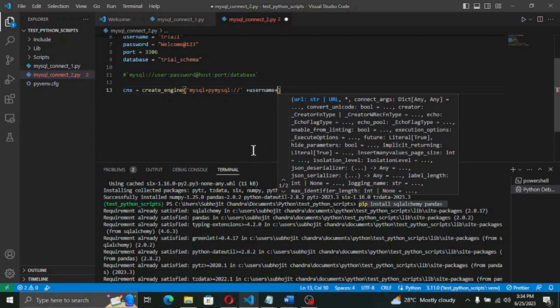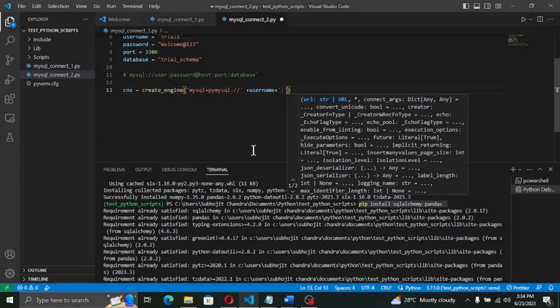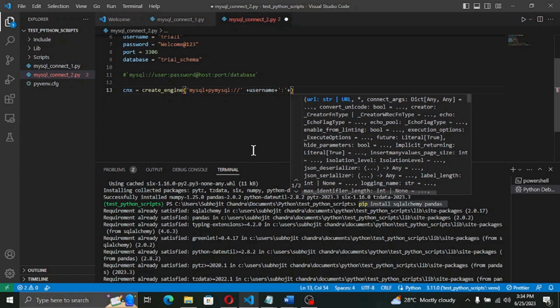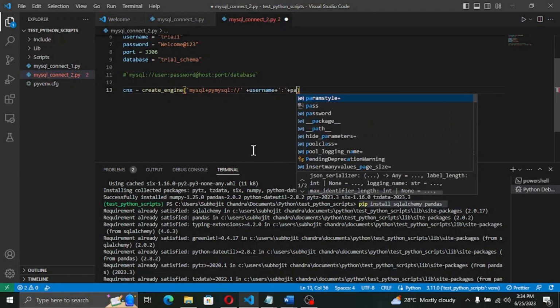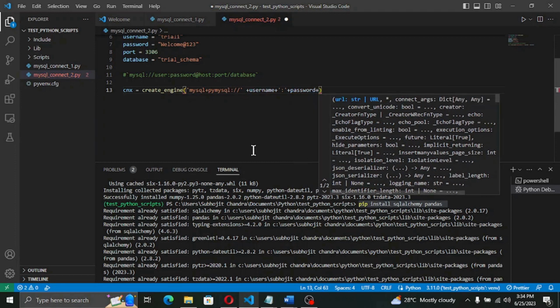Username is the name of the variable which we have declared. Then again a colon plus password variable plus